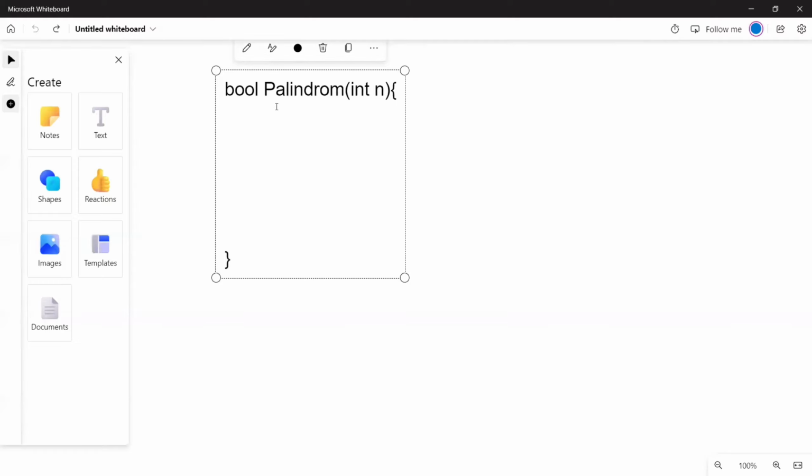So we have a palindrome function of type bool and we take an integer value, that is a number. We declare a reverse number equal to 0.